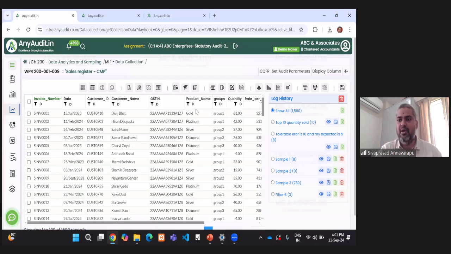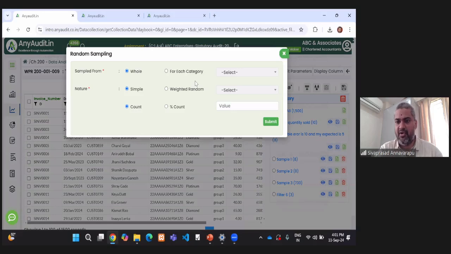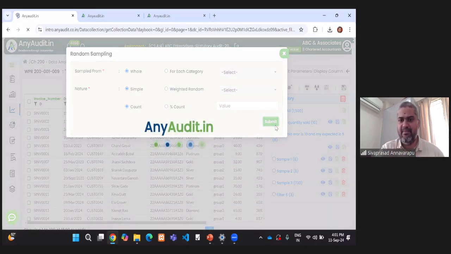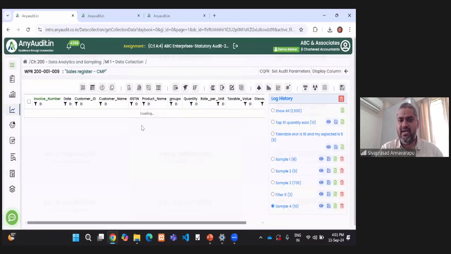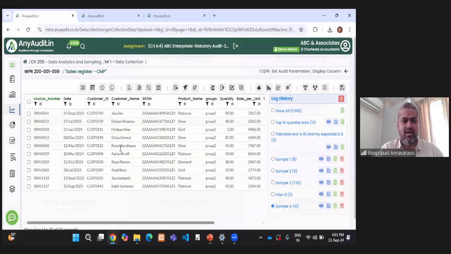Like if I want to perform a random sampling on that, how can I do a random sampling? So this is a random sampler. So click on this, and whatever the sample that you want, choose the parameters appropriately. Like for example, from the whole of the data set, I want to get 10 items at random. But of course, this is a very crude and rudimentary example to start with. Now, once I have asked the system to generate a sample of 10 from the whole 1600 plus data items, the system has generated a sample for me.